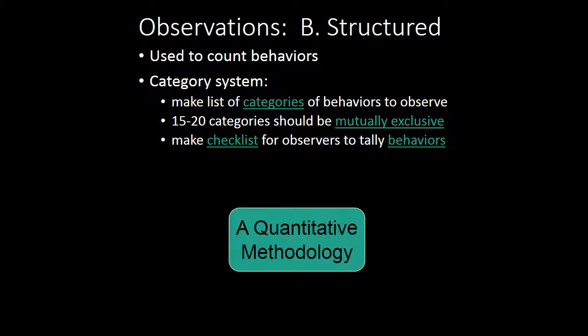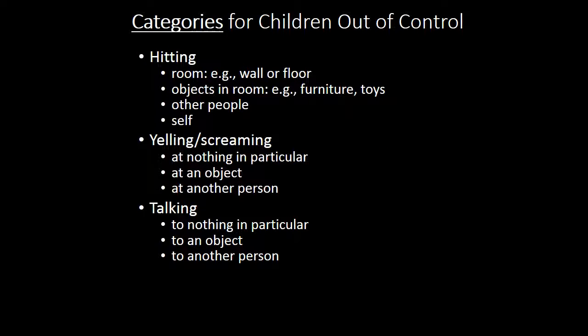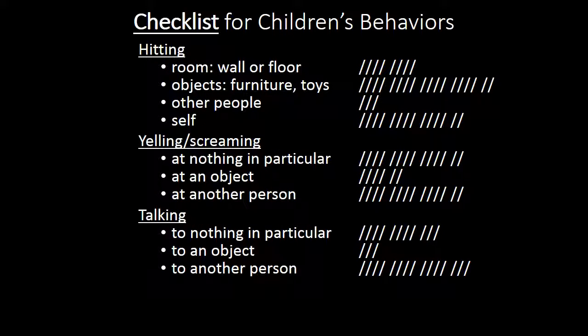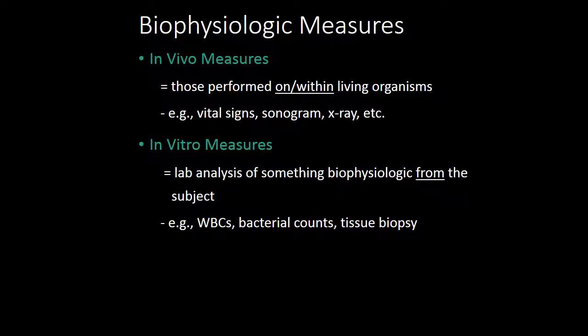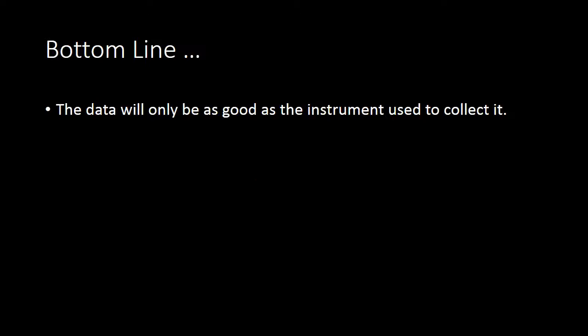You're trying to answer who, what, when, where, how, and why. Structured observations are used in quantitative methods. This slide actually gives an example where they count different categories of behaviors and observations that could be counted, such as hitting, yelling, screaming, talking. So it looks like we have some misbehaved children here. Other types of observations that are used in true experiments for quantitative studies are time sampling and event sampling. Currently, there is a big push for more biophysiologic measures in nursing. The big thing is that we do a lot of data that we collect is really only